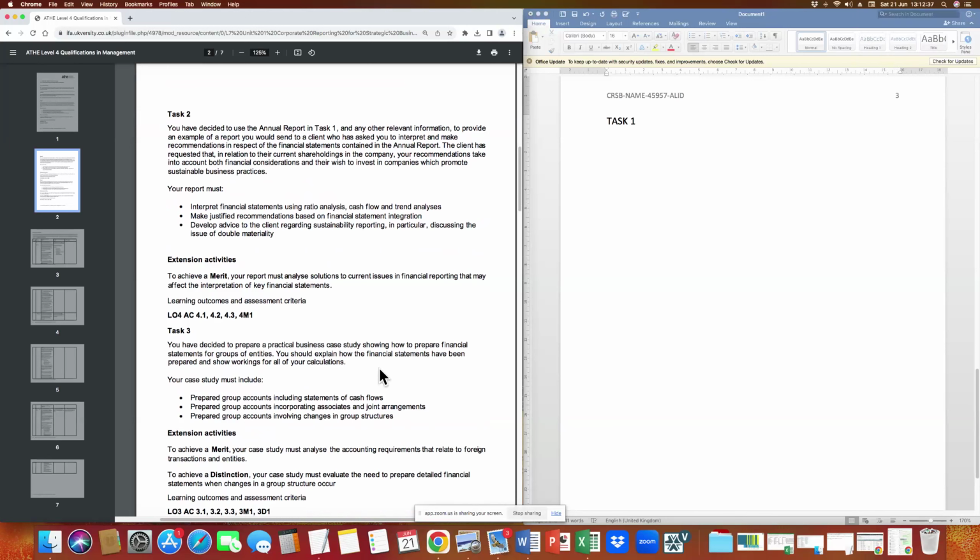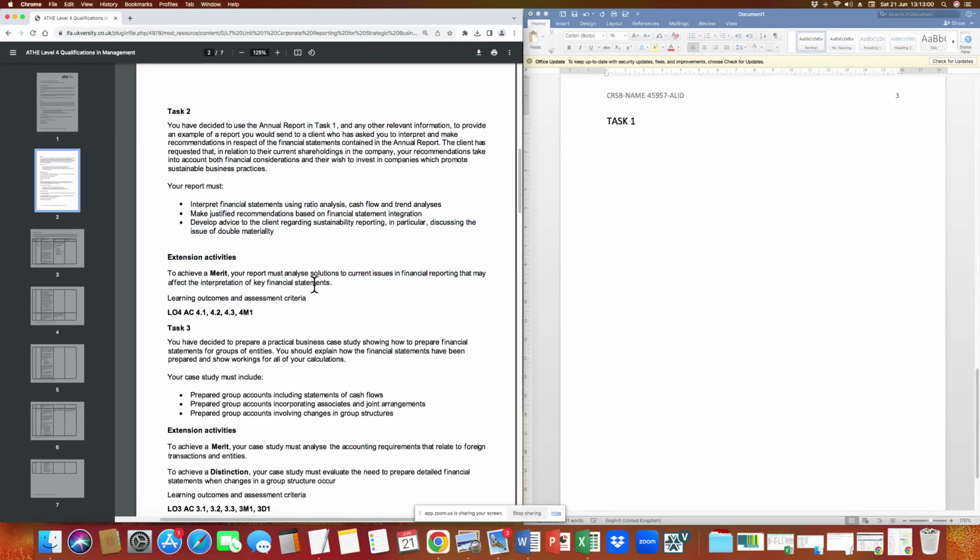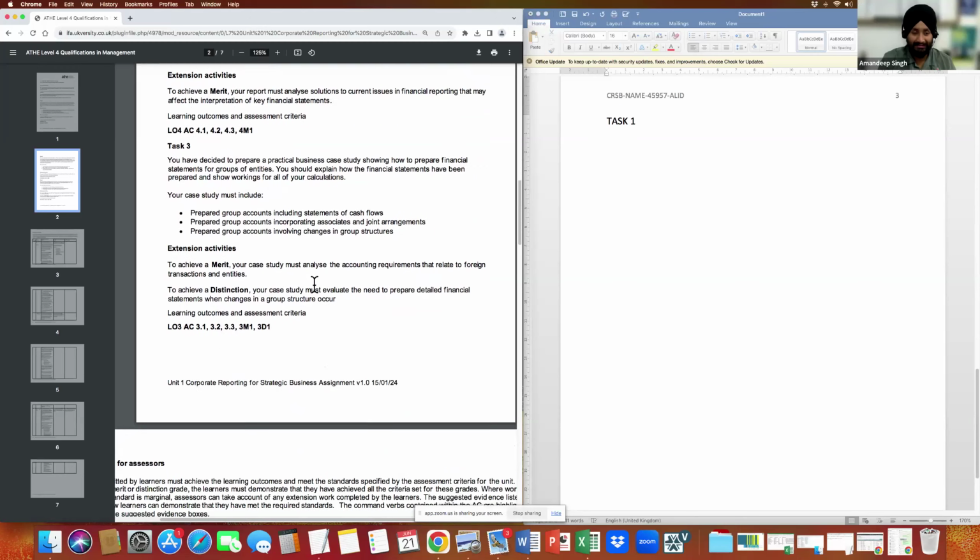3. No. Sorry, can you repeat your question? You broke up. So these 3 you will do in order to get a pass, right? That's right. But if you're aiming for a merit, which is above the passing grade, you will definitely touch these extension activities, which will be the fourth question itself. That's right. Now, how I will check again.